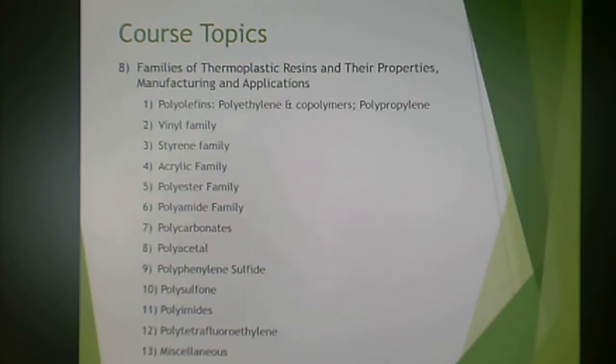Then we will get into the families of thermoplastic resins and their properties, manufacture, and applications. And we start from the commodity polymers, in other words, polyolefins, some of the vinyls, and then styrenes, and then we start to get into some of the quasi-commodity and engineering. So acrylics, polyesters, polyamides, also known as nylons, polycarbonates, polyacetal, polyphenylene sulfide, polysulfone, polyimide, polytetrafluoroethylene, also known as Teflons, and I may bring up some miscellaneous if we have time, but we will definitely cover 1 through 12 of these